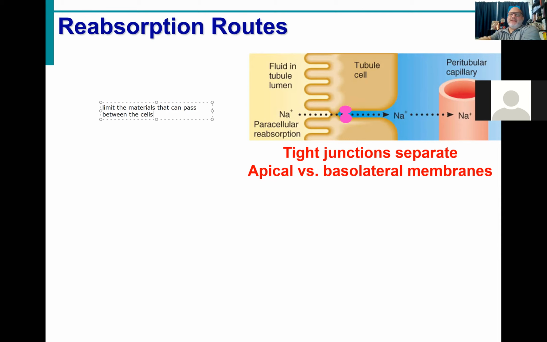And remember, our plasma membrane is a fluid mosaic. So by having these tight junctions, we can separate the proteins so that the proteins that are involved in transport on the apical surface are going to be different from the proteins that play a role in transport on the basal surface. If you think back to digestion, when we have different routes for things going through the apical and the basal surface, it's the same type of thing here, right? Just like we saw in digestion,